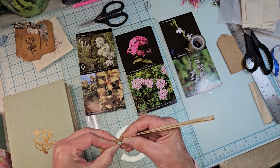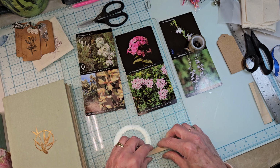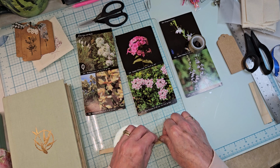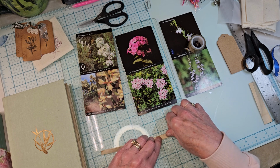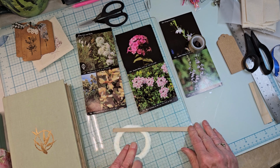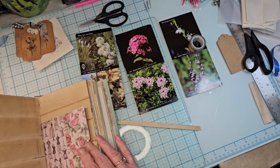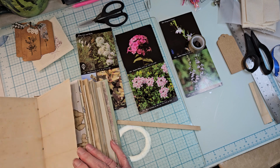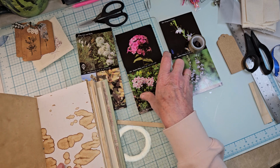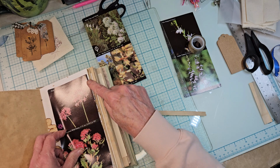But I have these and I've been saving them to put in here. And these are just out of a, and I cannot fold this straight, you guys. These are out of a little field guide. And they didn't go in the journal when I was putting it together. So I thought, oh, I'm going to use them as little flips because they have such pretty pictures on them. So now we're just going to pick out some pages to put them on. You guys know how much I love flips. So I'm thinking this is going to be one. And I love this one with all the pinks. And the edge is a little